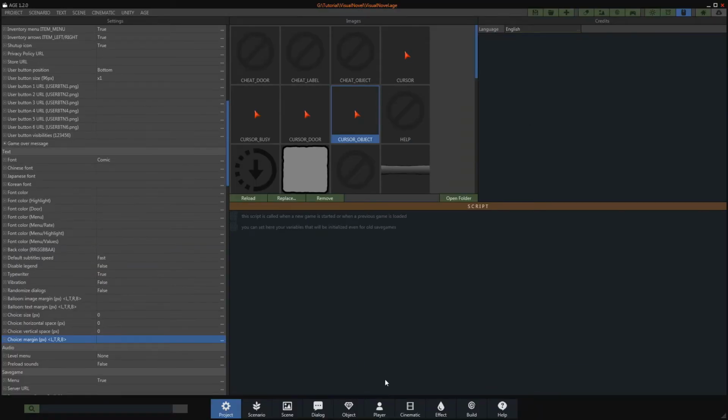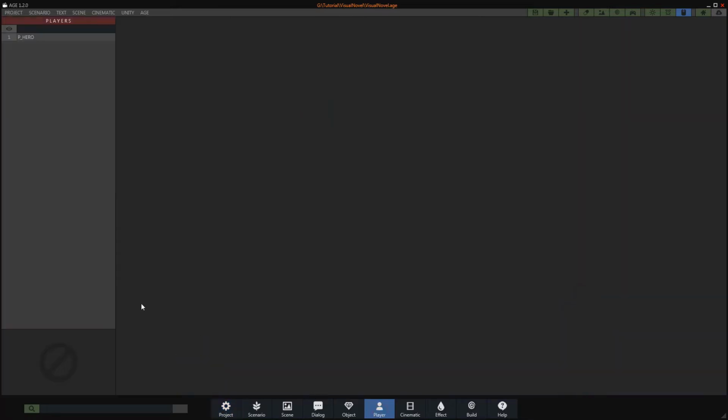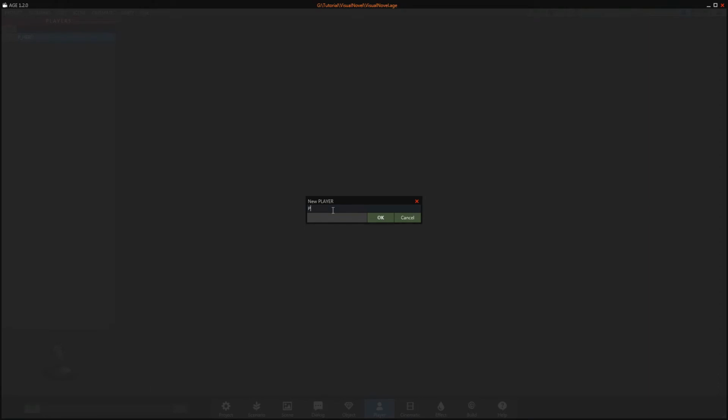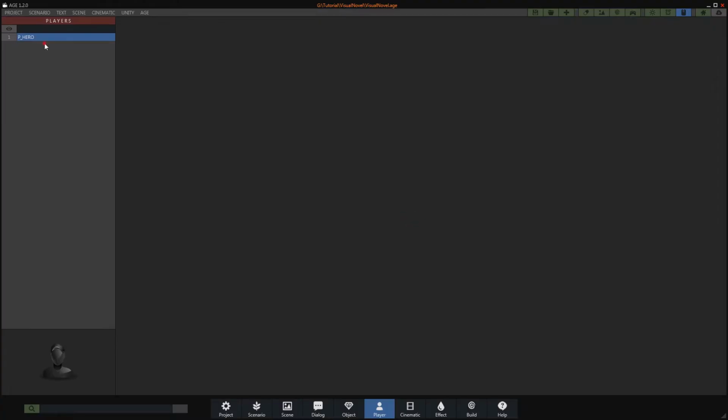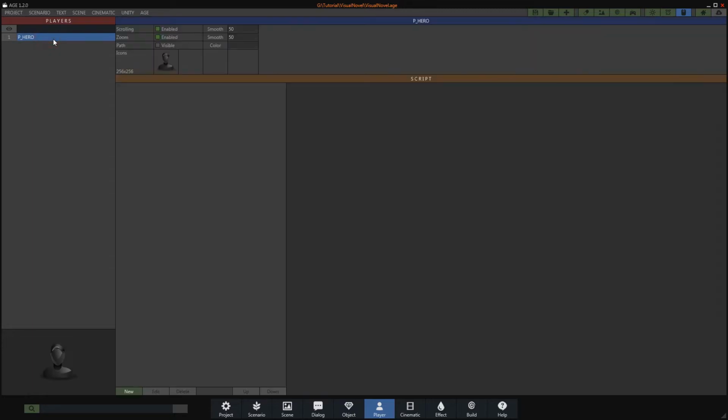Now let's go to the creation of our player by clicking on the corresponding button at the bottom of the window. By default, there is already a player named P_Hero. To create a new one, just click the plus button on the main toolbar and enter a name starting with P without special characters. Only underscore is allowed. We are going to cancel and take the already existing player because in our game a player will suffice. To open an asset, player type, or other, just double-click on the name. A search field allows you to filter assets when the list contains a lot of items.